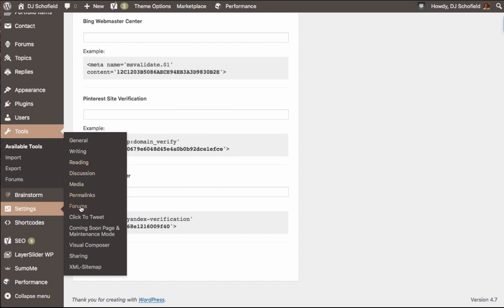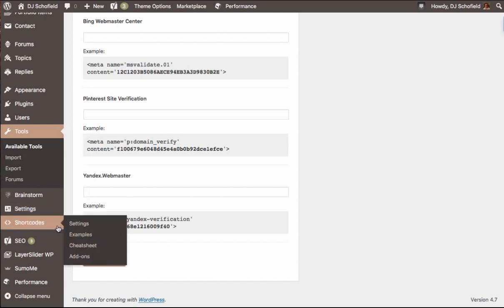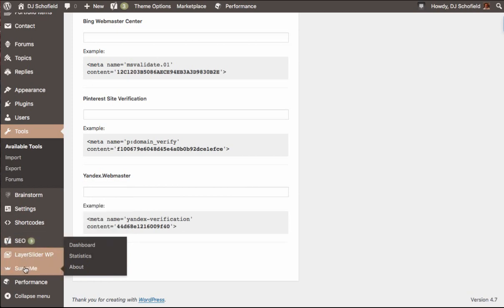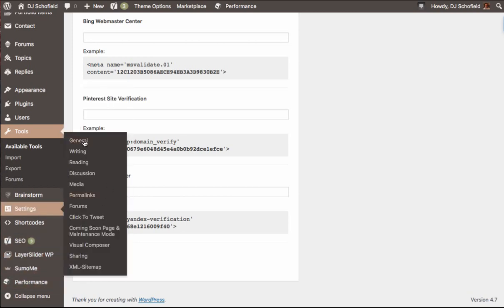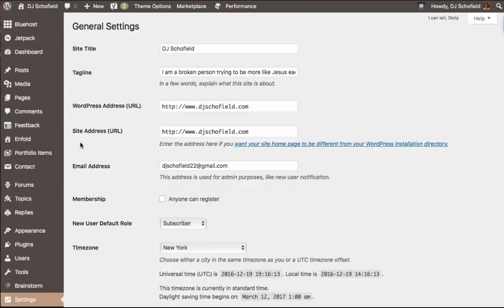The rest of these, except for a couple, permalinks is very important. I'm going to do a short video on how you should set up your permalinks. A link will be in the description. And the rest of these are extra plugins that have been added. Okay, so for settings, you're going to want to go to general, and this is going